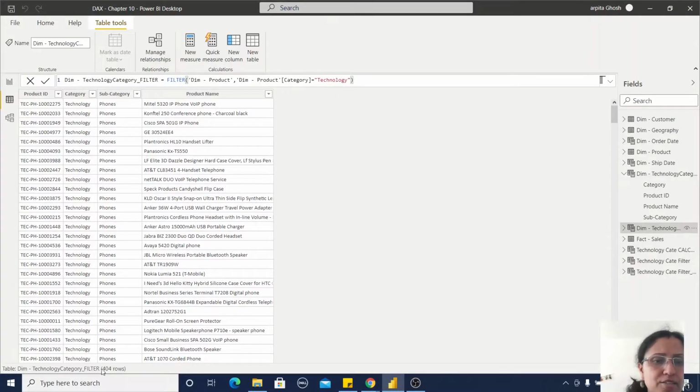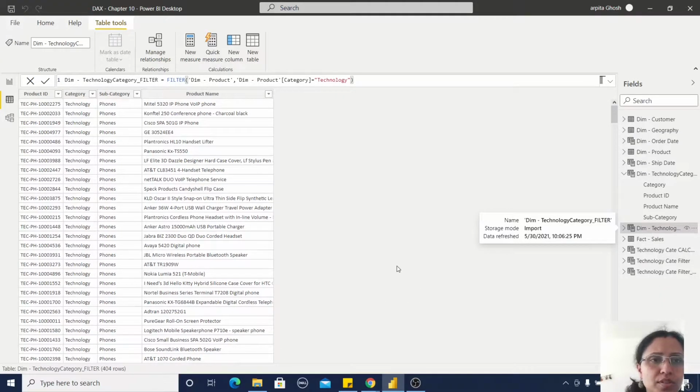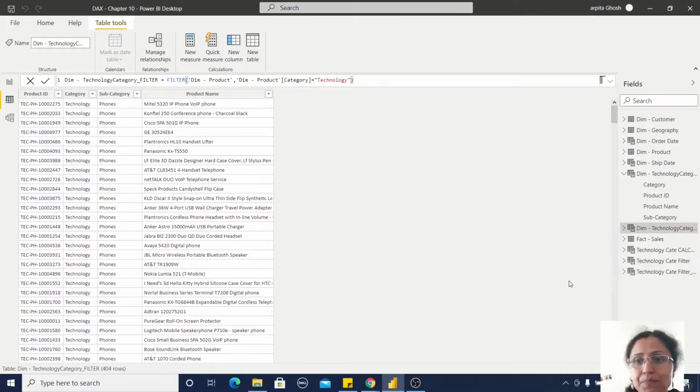Okay, here also I have 404. Then maybe you can think about why we are using the FILTER function, why not CALCULATETABLE, or why we are using CALCULATETABLE, why not FILTER. What is the purpose of these two? In this table structure we are not able to find out the difference. Let me show you another example.